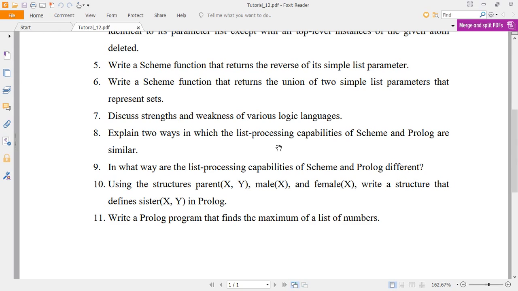As I told you in functional programming, to write a program for sorting the given elements, here also you try to develop a program in Prolog for sorting the given list. For this you may use bubble sort or insertion sort to perform the activity. Or you may use quick sort, which is already available in the lecture slides, so go through the lecture slides once again. So these are the functional and logic programming related questions available in tutorial 12.